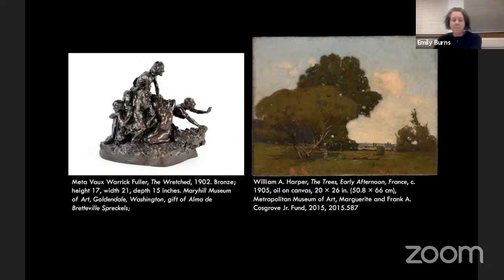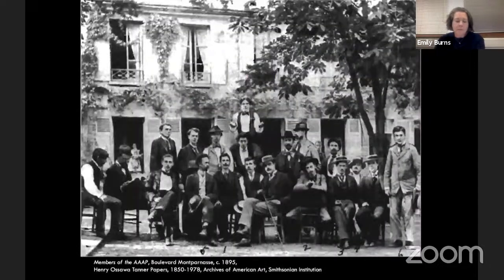Yet Tanner was a member of the AAP from the summer of 1892. A photograph from his papers depicts him seated among fellow club members in the garden in front of the AAP's first site, and he's located here, labeled himself as figure 5. He exhibited at least 15 times between 1896 and 1922 and was a staple in reports on AAP activities and events. Unsurprisingly, he does not appear to have attended the minstrel shows,